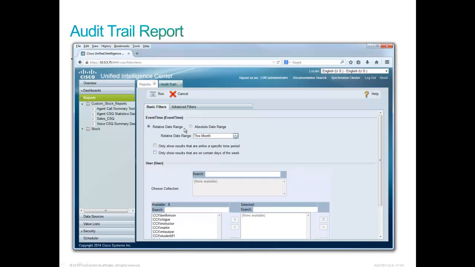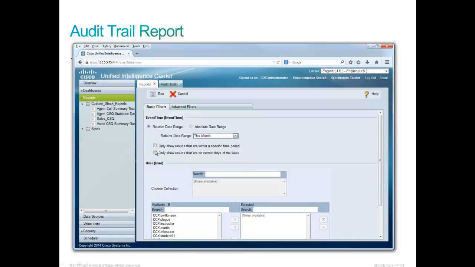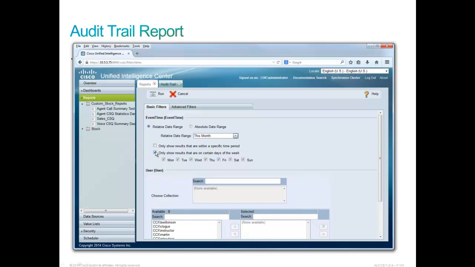I also have the capability to say, well, only within a certain time period. So maybe a user is only working in the afternoons, and we can get that. Or we can say only show results on certain days of the week. So I have an issue that happened on Friday, and I want to see within a certain specified period of time